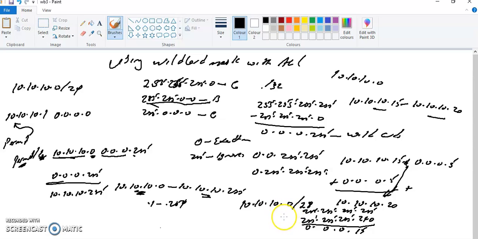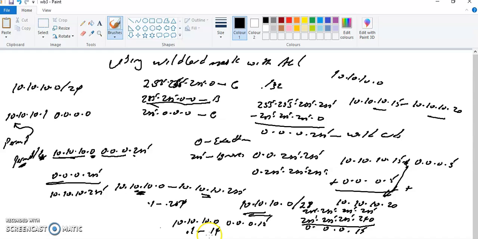So if I want to capture all the clients within this network, then the wildcard mask we're going to be using will be 10.10.10.0 wildcard mask 0.0.0.15. Again, that will cover IP addresses from where to where? From .1 to .14, because again, you can't use the 10.10.10.0 because that is the network address,